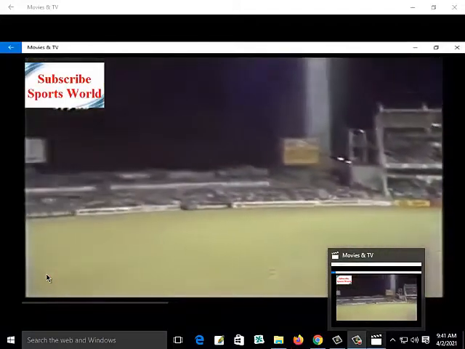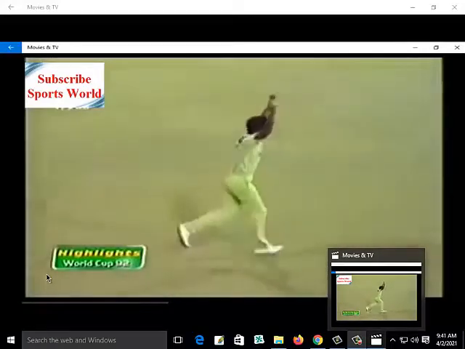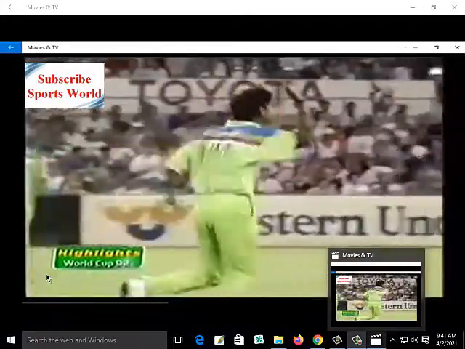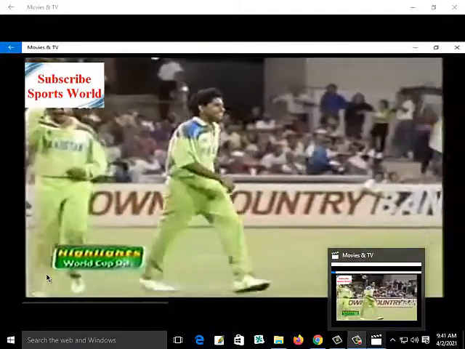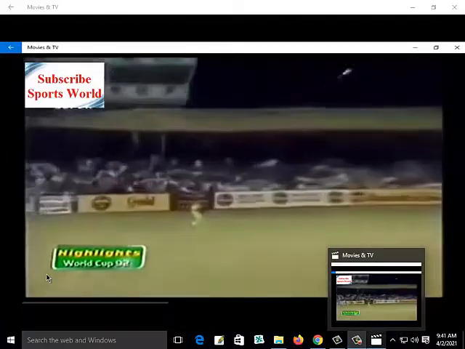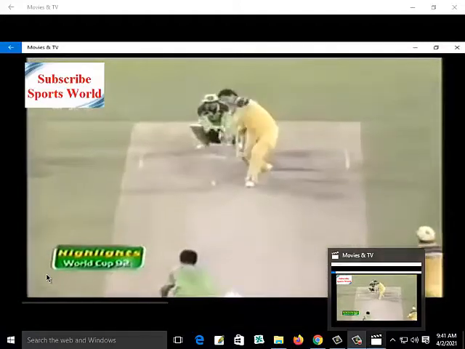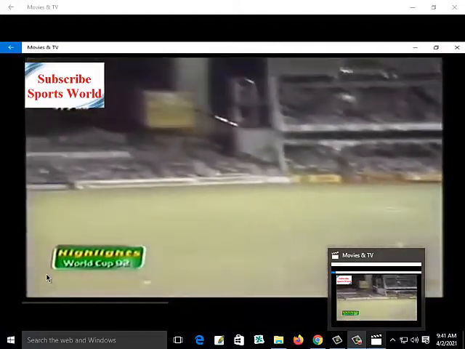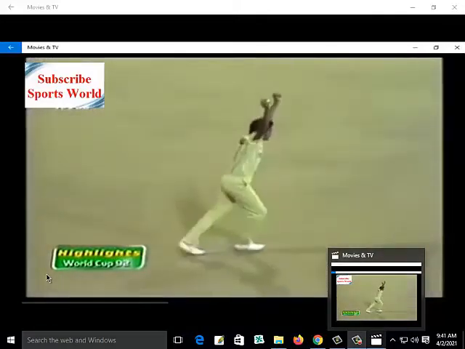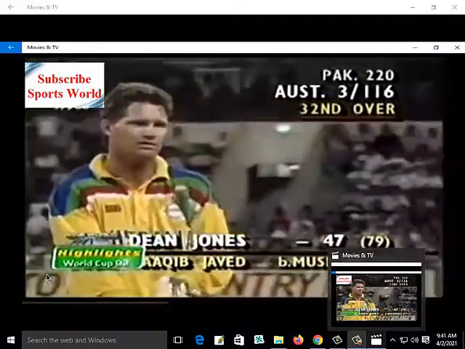It's a long off, getting under it. And Mushtaq has got that break that his captain was looking for. Aamir Javed is the man at mid-off. And Dean Jones will be most disappointed with that shot. It's the frustration coming through here. Dean Jones wasn't really getting him away, trying to play him off the back foot. And then finally he comes down the wicket to him to really attack him. Just hit it straight, but it goes straight up in there. And it was very well placed. Taken the catch very easily. 3 for 116.